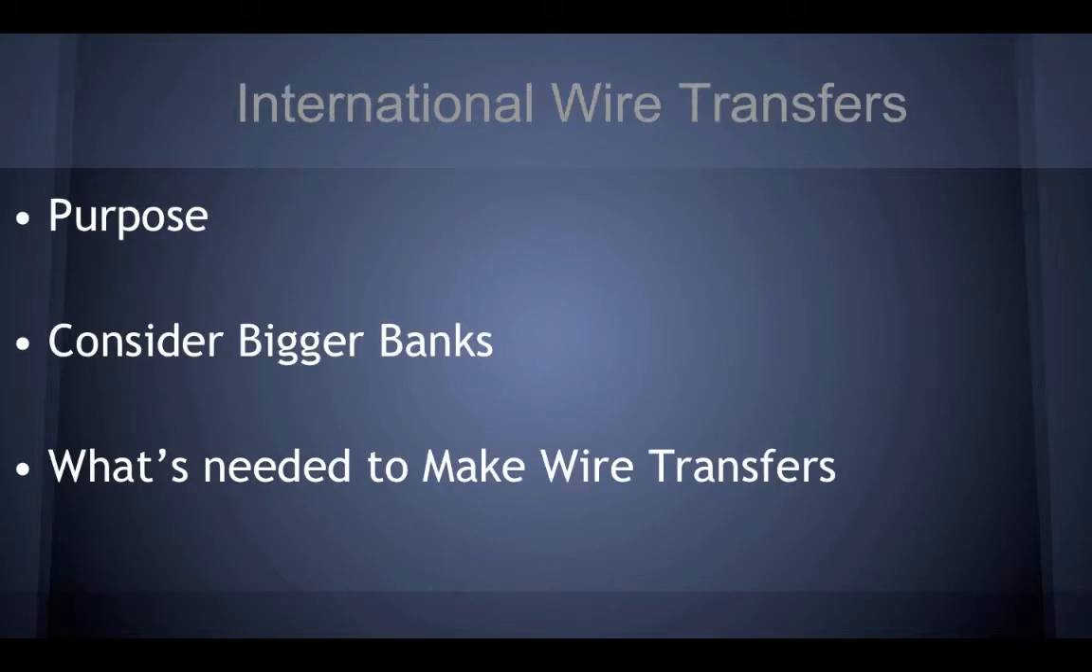International wire transfers are important if you want to send or receive money. For international wire transfers, you should consider obtaining an account with a larger banking institution because bigger banks handle more wire transfers and you are thus likely to have a more pleasant experience. In order to make a wire transfer, you will need the routing number, which is the bank's identification number and is the first set of numbers on your checks, and your account number, which is the second set of numbers